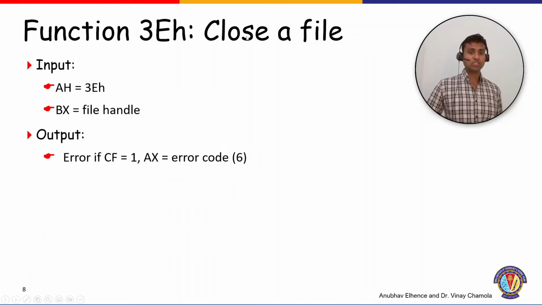Function 3Eh, close a file. That's a very simple thing: in AH you load 3E, and in BX you load the file handle, and the output is just that the file is closed. If the carry flag is set, then you need to check the AX for figuring out the error code. So let's look at an example,